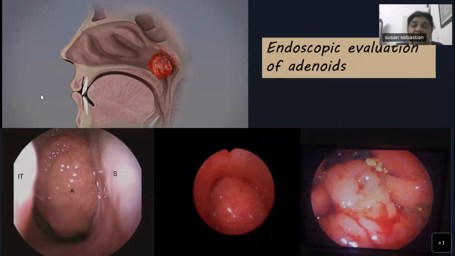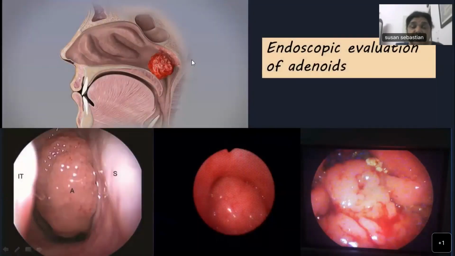Then the endoscopic evaluation of the adenoids is also very important, because adenoid is another structure that obstructs the airway in children very often. See, it effectively closes off the postnasal space. See, endoscopic adenoid, you can see that this is almost 2/3 of the airway is gone. This is a total airway is gone. This is maybe half the airway is gone. And you can see some cases.